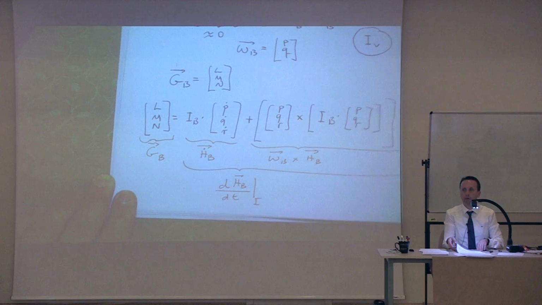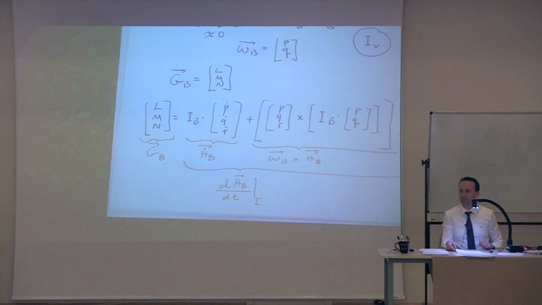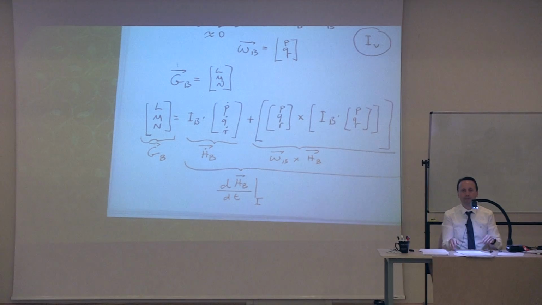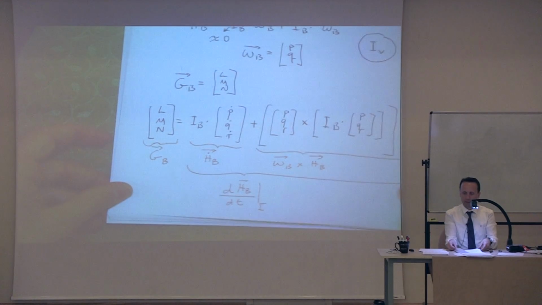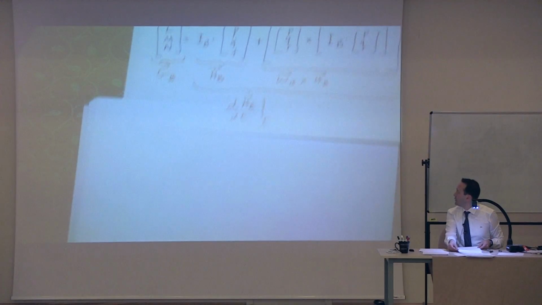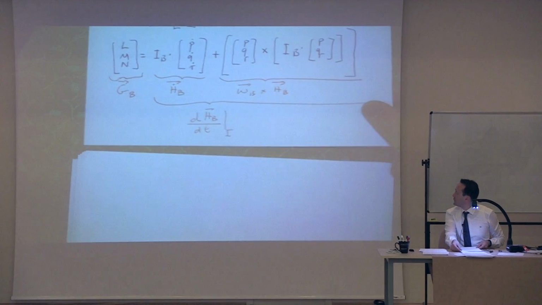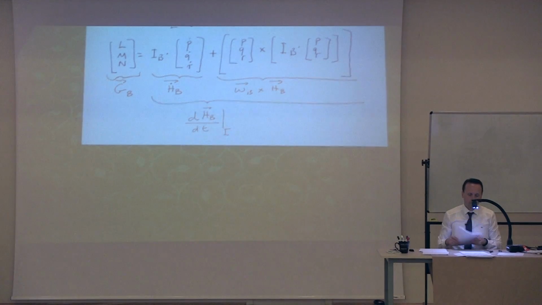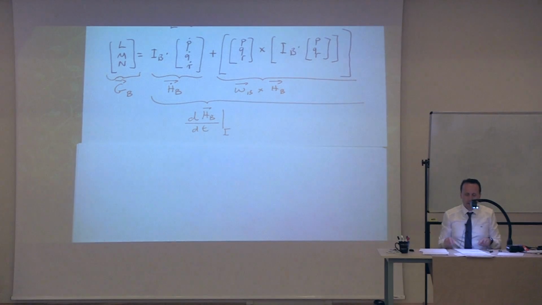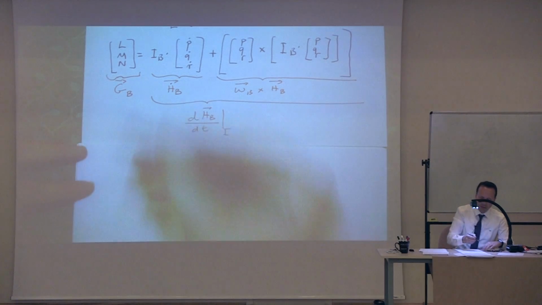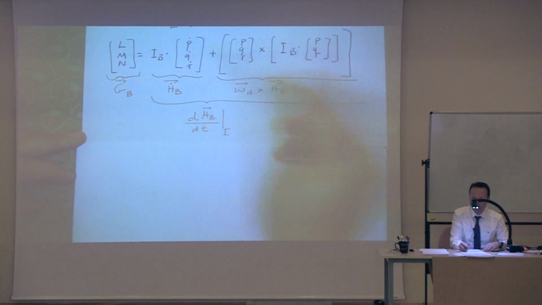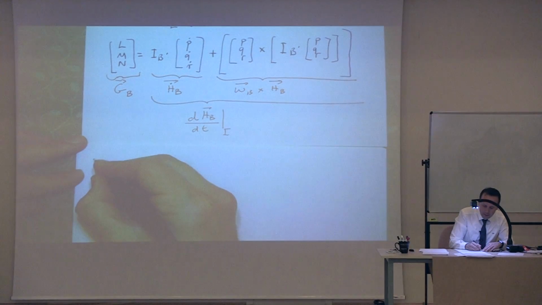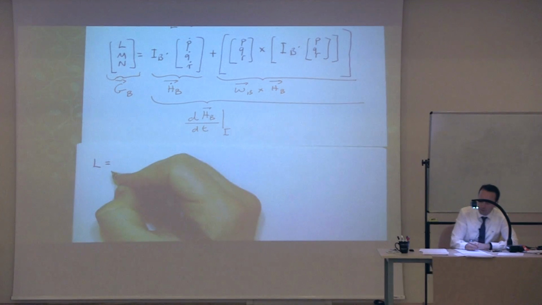Any questions? Now you have to open this up and write everything in one line. Take the cross product and write everything in a line. Any questions how I got here? All right, so let me write down the first line. I'm going to take the cross product, I'm going to take this multiplication, write the first line. The first line looks like this. L is equal to, it's going to be a long line,